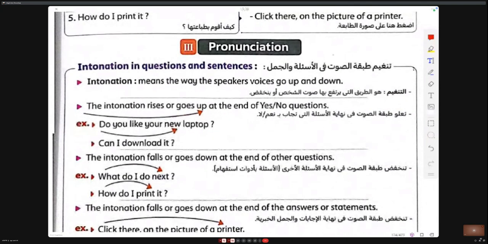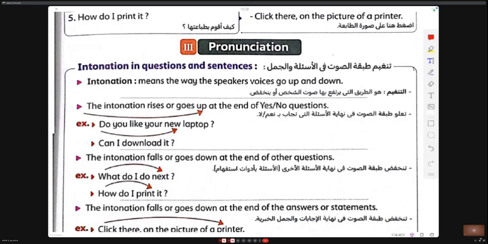Pronunciation. Intonation means the way the speaker's voice goes up and down. The intonation rises at the end of a yes or no question. Do you like your new laptop?